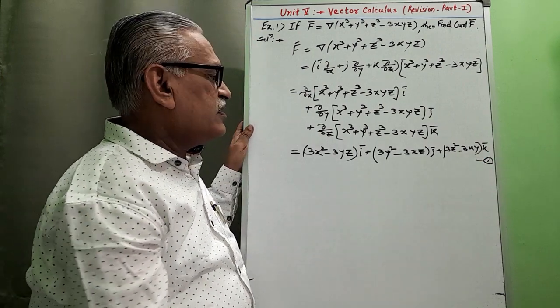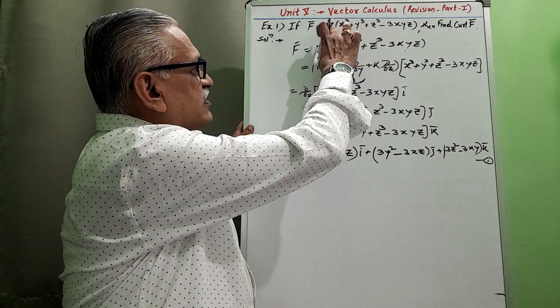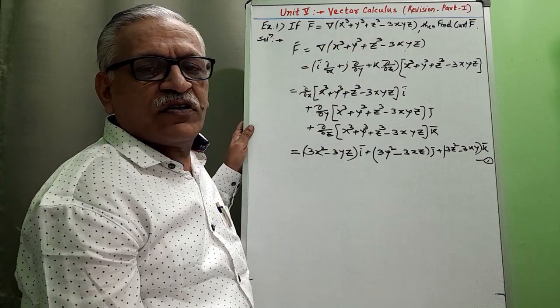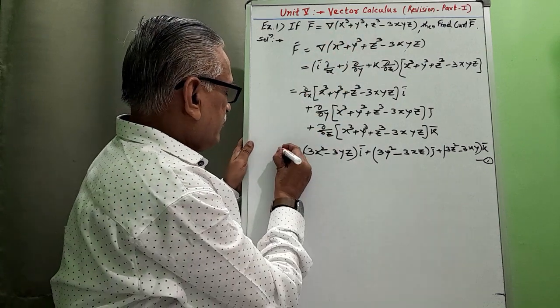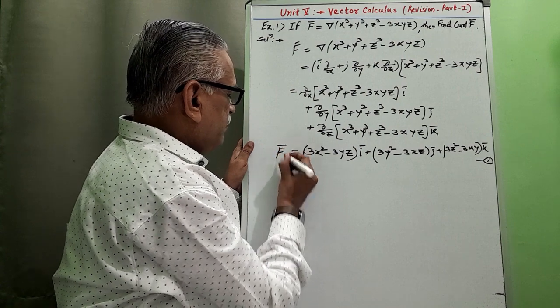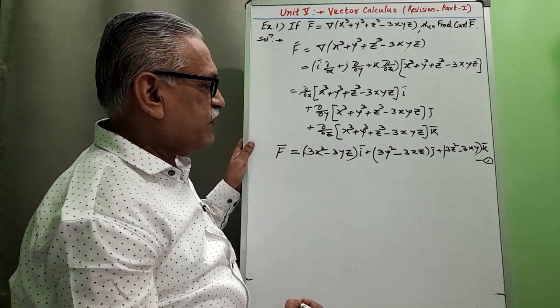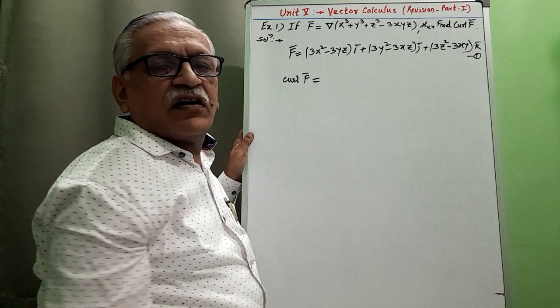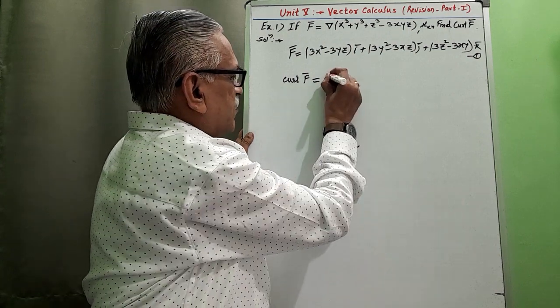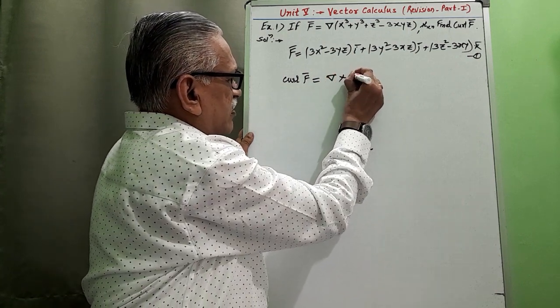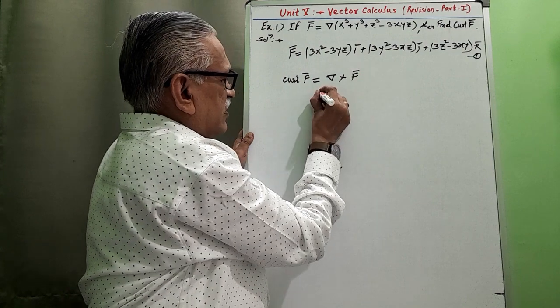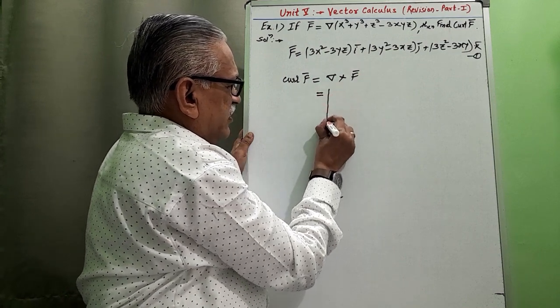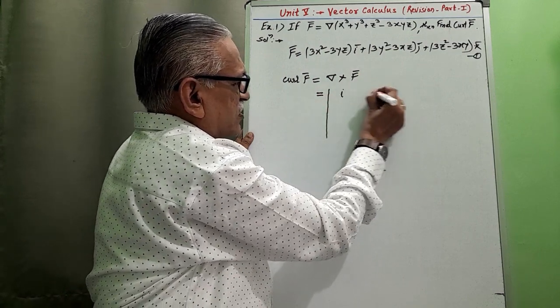Half part is completed here. I have obtained the value of f bar, and using this f bar we try to find out curl of f bar. Curl of f bar is obtained by del cross f bar, and that is nothing but a determinant of first row i, j, k,